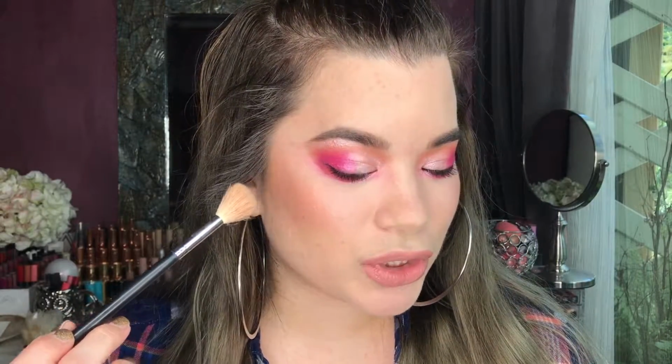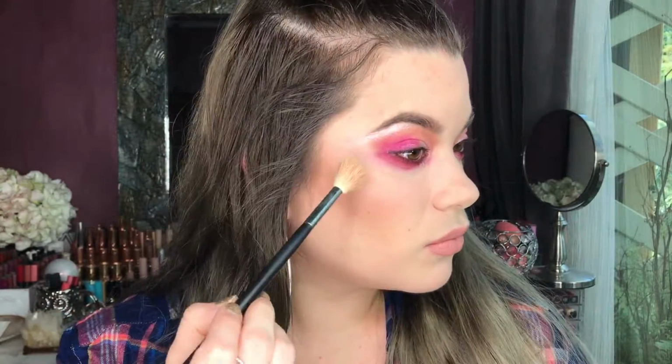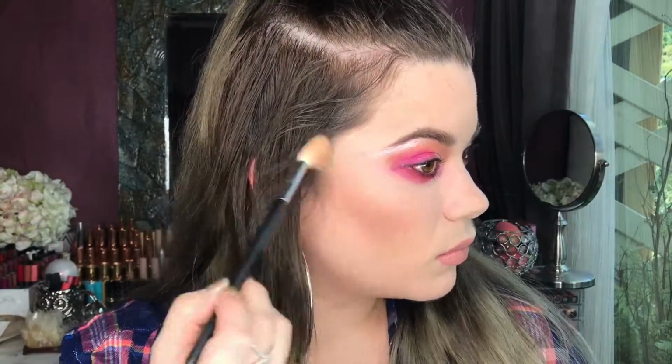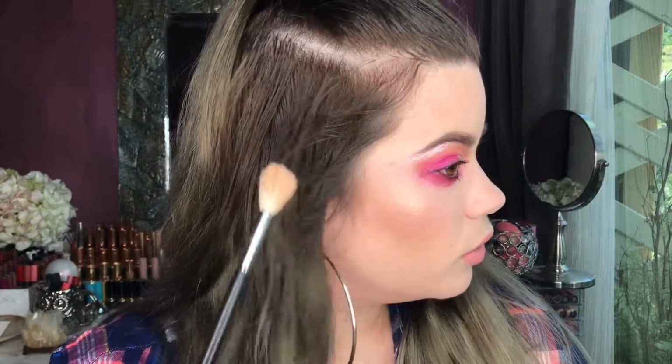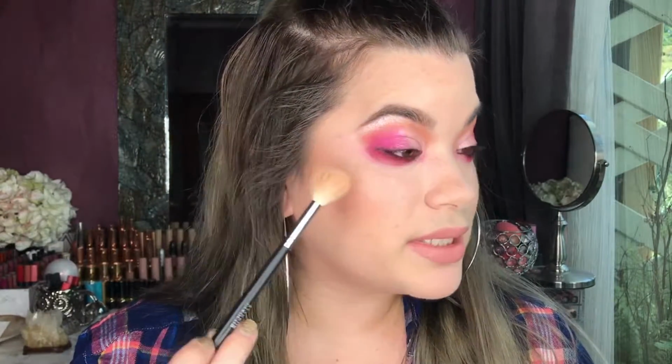Get a little closer, scooch a little closer. Okay, I can see it. It's very subtle, lit from within glow. Let me put on one more layer. Okay, now I can see it even more. It's actually a pretty natural kind of glowy, lit from within highlight. It's not the sort of like Instagram highlight. This is the highlight that I would wear kind of every day and feel just kind of pretty and youthful and glowy. It's really pretty, but it doesn't highlight as much as I want it to highlight,